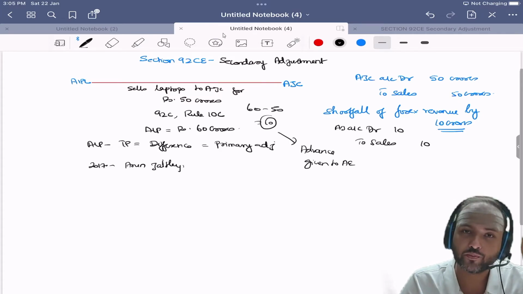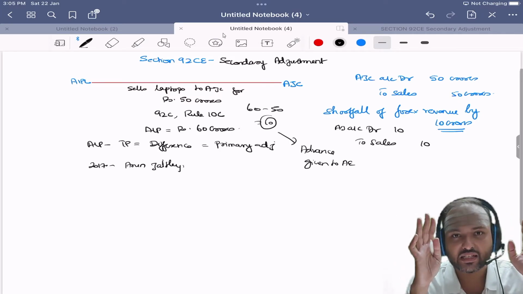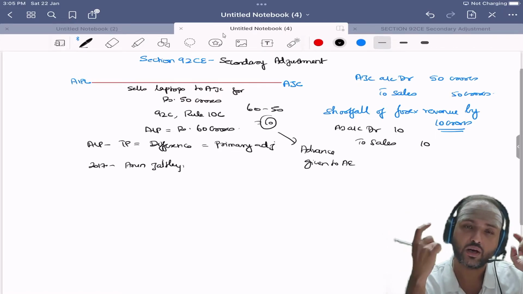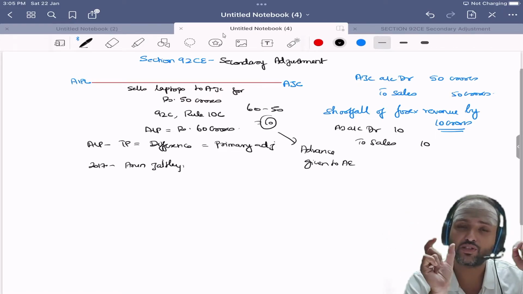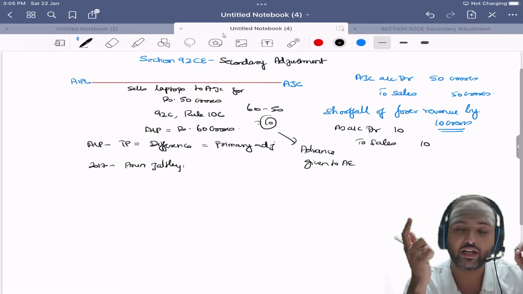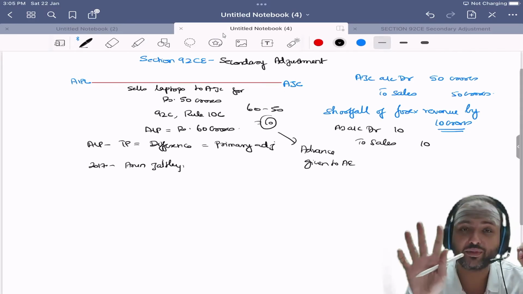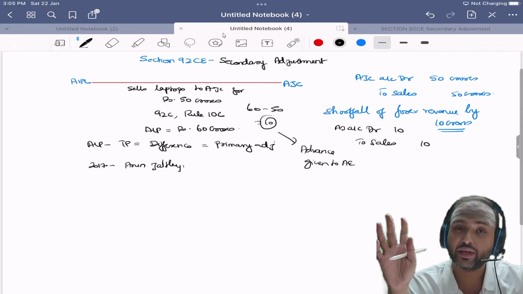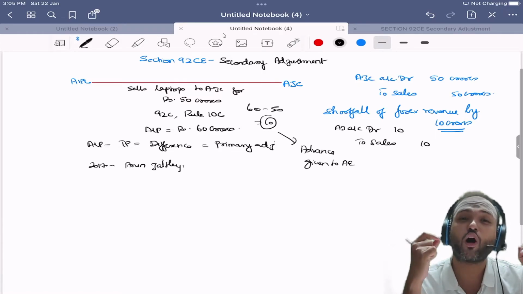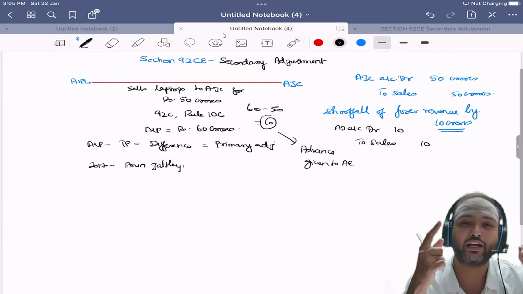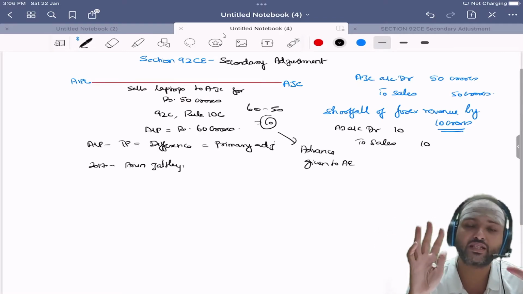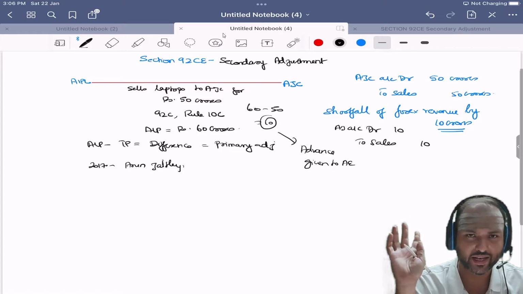So what should you do? Once there is a primary adjustment, you have to account for it in the books of accounts. Once you account for it, within the stipulated time limit, you should get it back from your associated enterprise. If you don't get it from the associated enterprise, another big headache is that it will be treated as a loan and you will be asked to offer interest income on that loan to tax. Is it clear? So this is the basics of what is called as secondary adjustment.